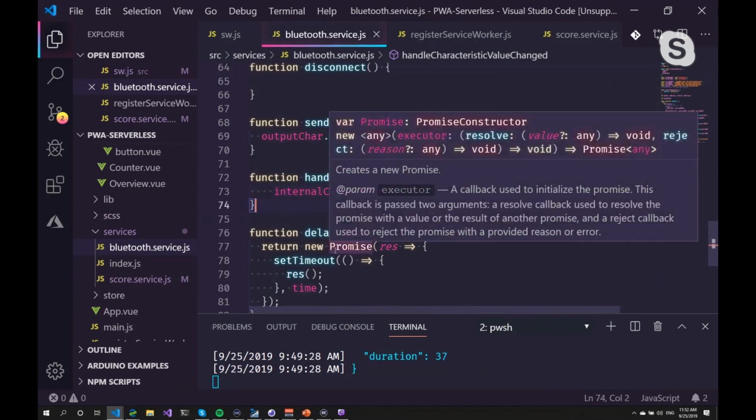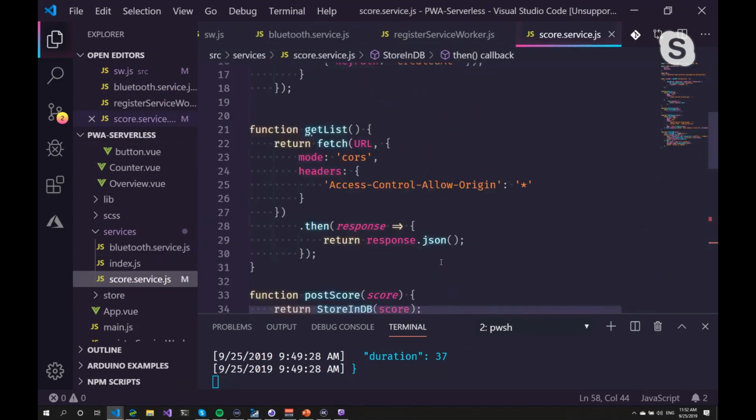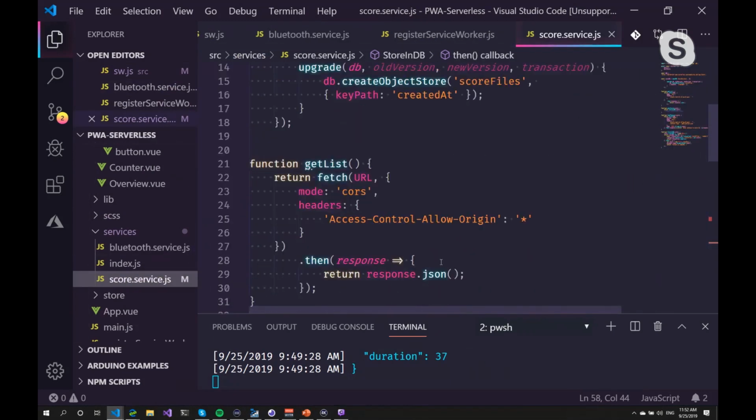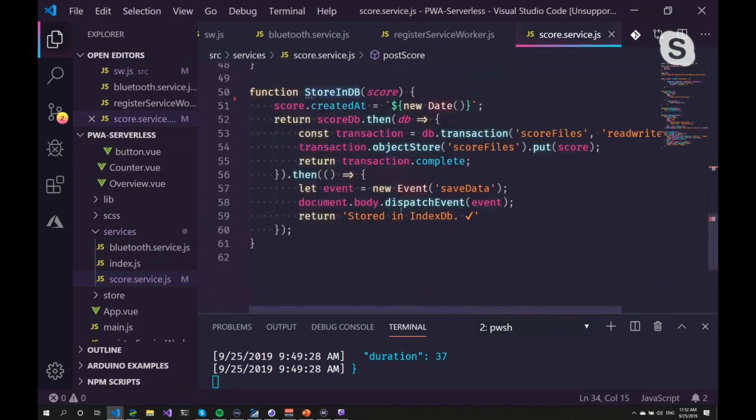Now, once the score is updated, it is sent to the score service, and I've got two versions here. By now, it's in the most advanced mode, so to speak. It's not sending it directly to Azure. It's storing everything inside an IndexedDB. So every time a score update comes in and something had to be sent to the server, it's just storing that event. But it's also emitting an event that says save data.